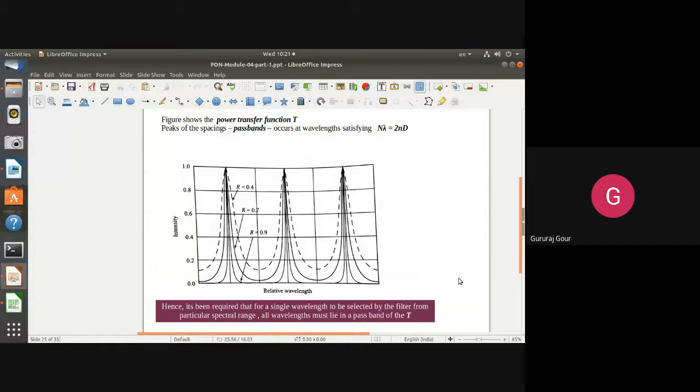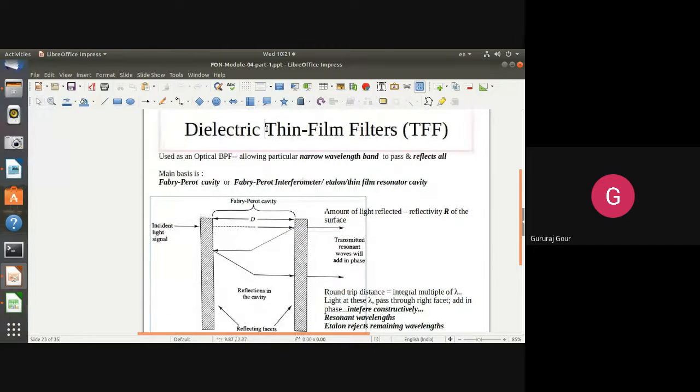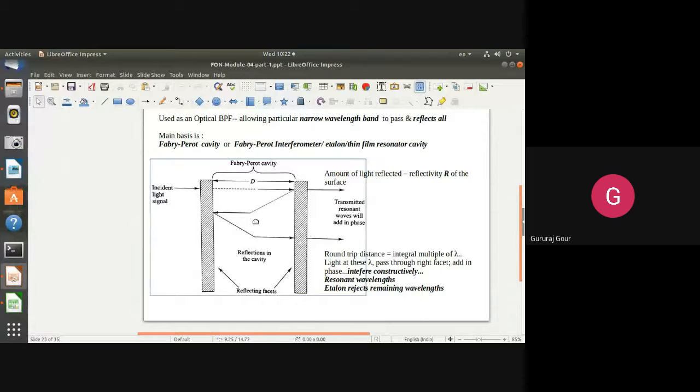Up to this you have to discuss the DTFF. First, you have to start with the beginning, explaining the concept of thin film, then extend it to how and why it is called a thin film filter, explaining the two phenomena, constructive and destructive interference. Later you can switch to the Fabry-Perot cavity and explain how it can be used as a Fabry-Perot interferometer from the resonator cavity. Then conclude with the echelon theory, a theory which works beyond the constructive and destructive interference phenomena.